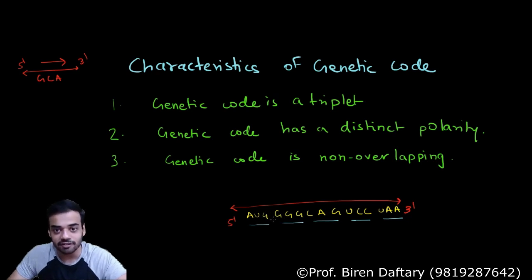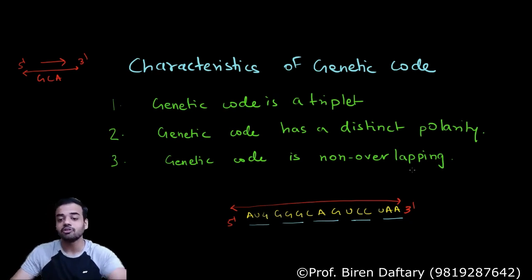But is that the way we read it? No. So it is never overlapping. If we compare these two codons, then no nucleotide is overlapping. ऐसे नहीं है कि इधर का ये G है वो ये दोनों में शेयर हो रहा है, नहीं है. If it is being shared, then it will be overlapping, but genetic code is never overlapping, so that point is